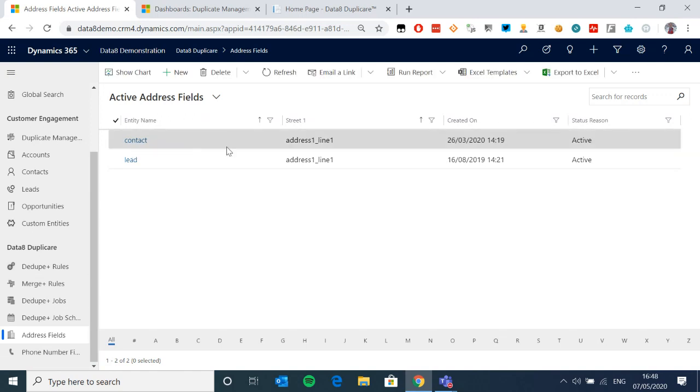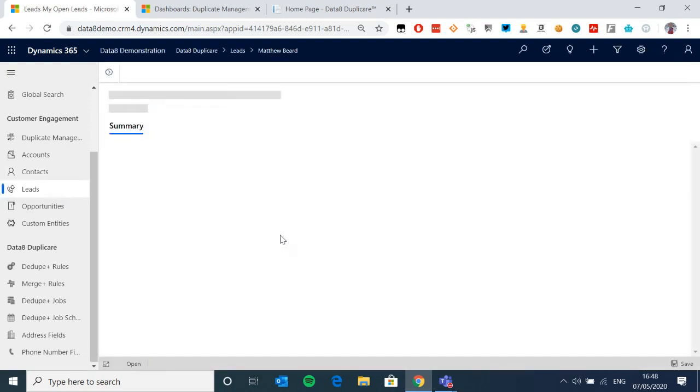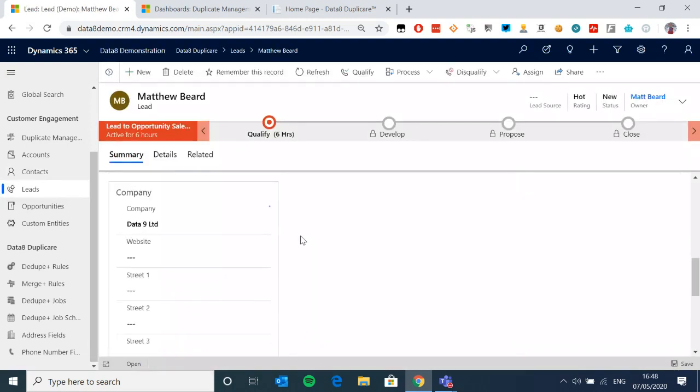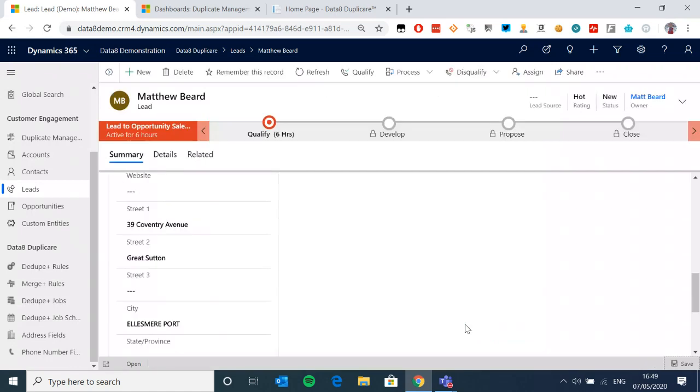So within my contacts, I've got it set up on lead and contact. If I go back to my old lead that I was using before, and type out an address in a useless manner, and this isn't my home address, so don't go and send me spam. My marketing team would hate me for entering details like that, because that is nigh on impossible to do anything with. If I press save on that, there you go. What you can see is that I have enriched the data.